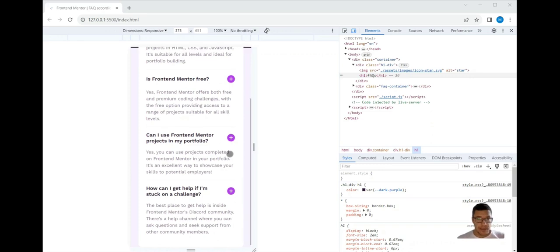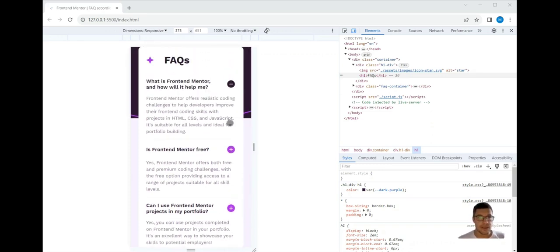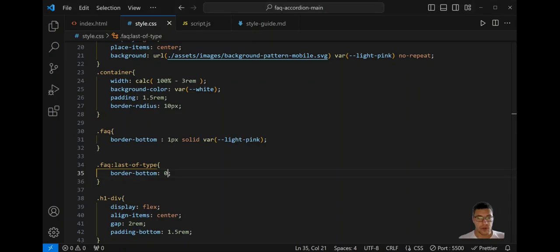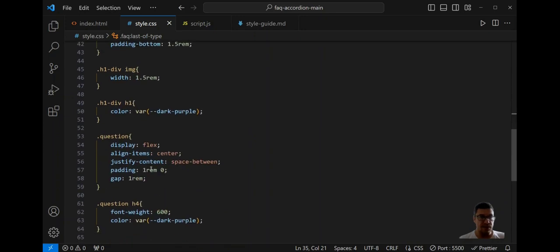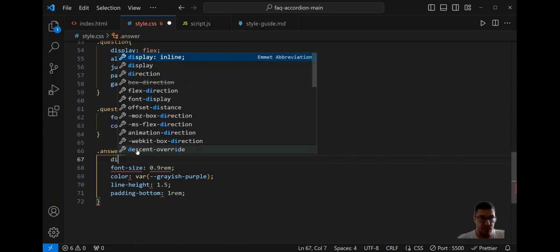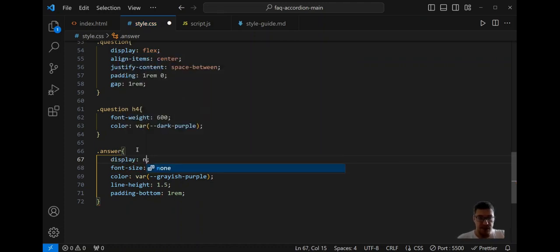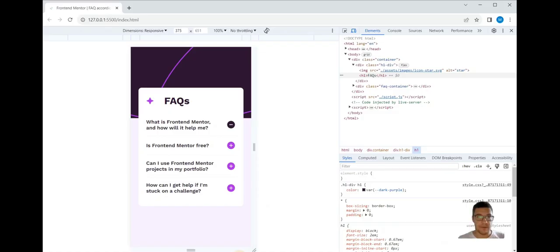Okay, I think we are good for now. So let's now remove the answers from our screen. I'm simply gonna put display to none. If you want, you can do something else, so you can animate the moving of the questions when they expand and collapse. I don't want to waste time on that, so we will put display none,